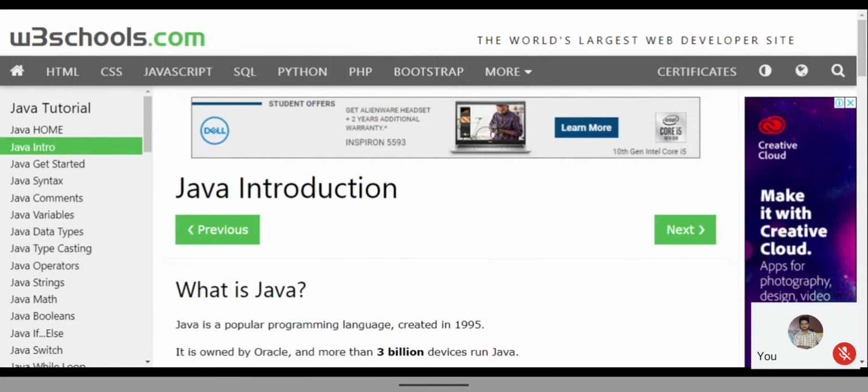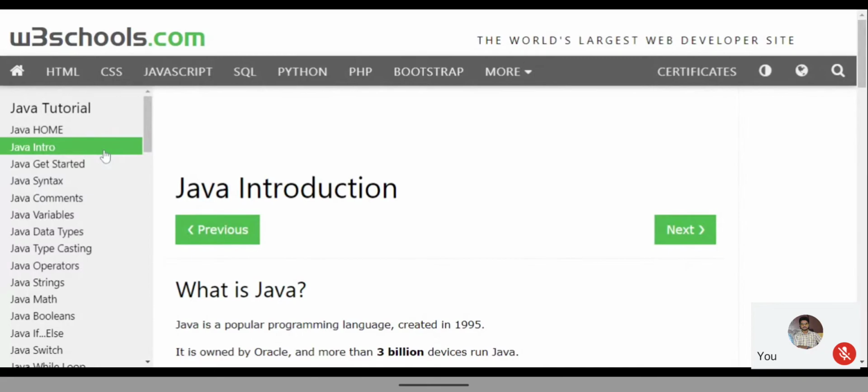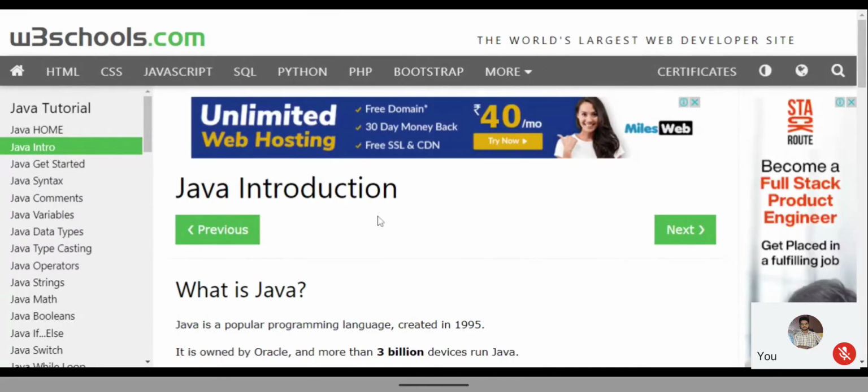In the same way, here we are taking the example of Java, because I will tell about Java also in today's class. See, Java Home, and the next topic is Java Introduction. There is nothing in the Java Home, that's why I came directly to the Java Introduction. After that, Java Get Started, where they show the example programs.